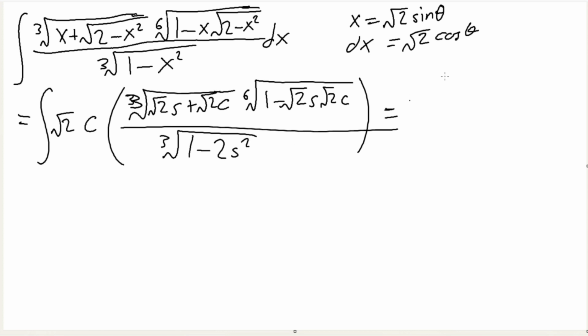Oh, what does this equal? Root 2 cosine. If we can actually simplify this. Well, we can factor cube root square. This is root 6, or yeah, this is root 6. Root 6 over 2, and then we have a cube root of s plus c, and then here we have a 6th root of what appears to be 1 minus 2sc